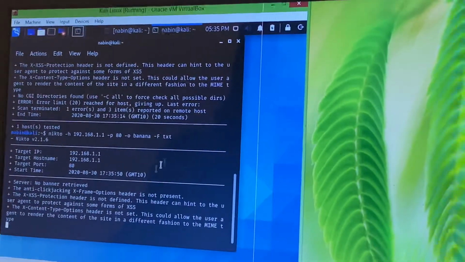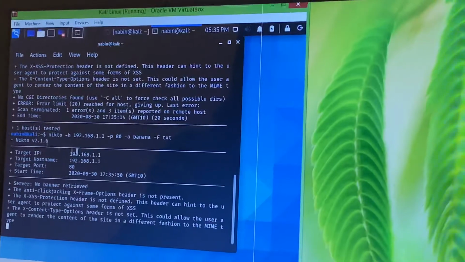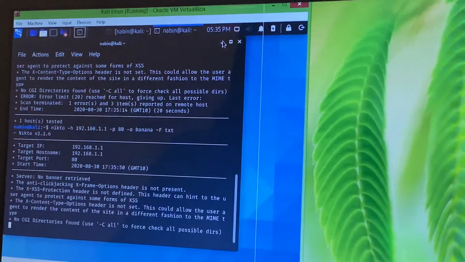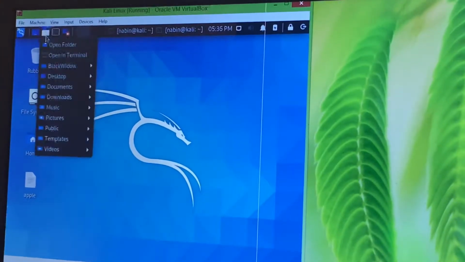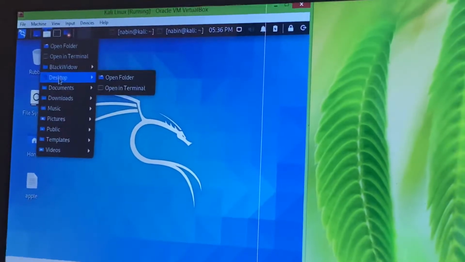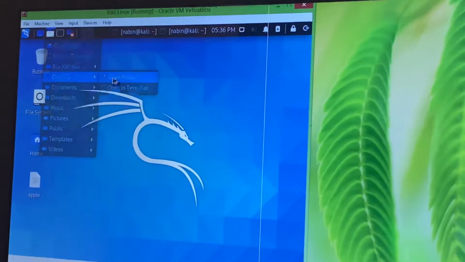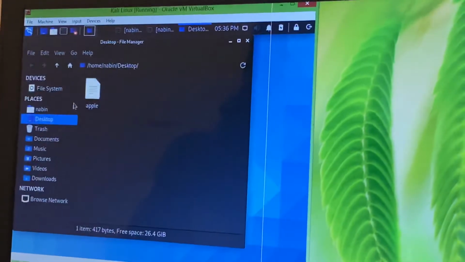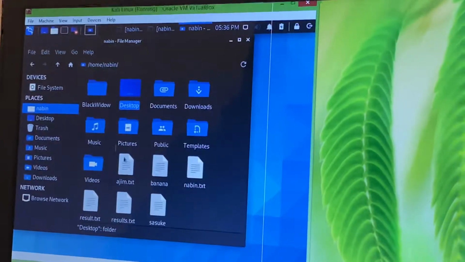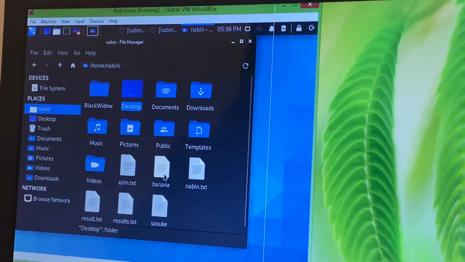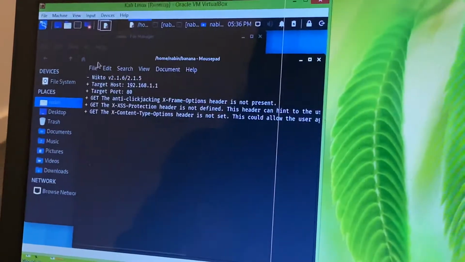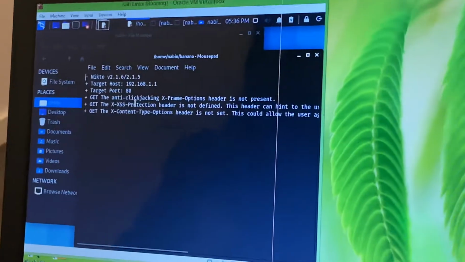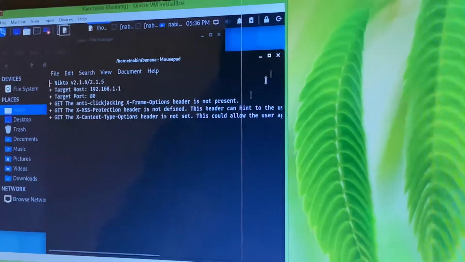Now we can look at this banana file. You can see it in the navin folder. Here, banana gives all the information about the targeted IP addresses or website.